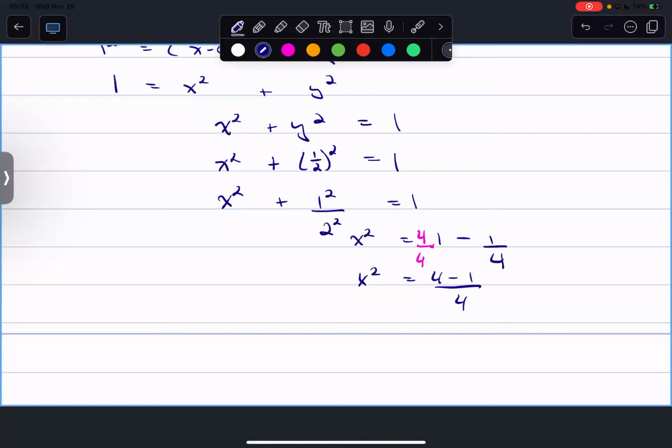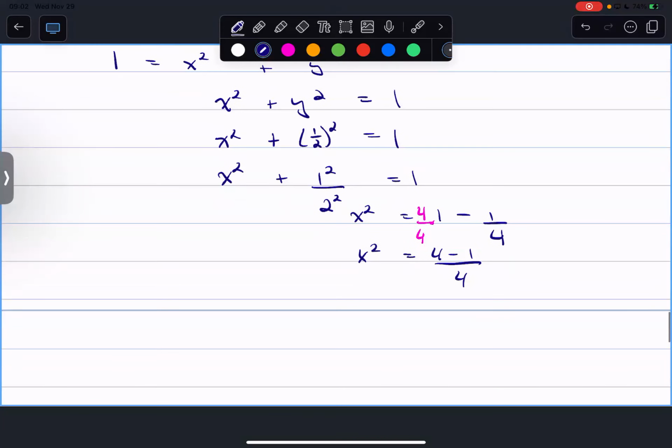The reason I'm allowed to merge those, remember, because it's been a while since we've worked with fractions, is because they have a common denominator now. So now I have 3/4, or if you just in your head did 1 minus 1/4 makes 3/4, or using your calculator, that's fine too. These are all skills that we have. So then x squared